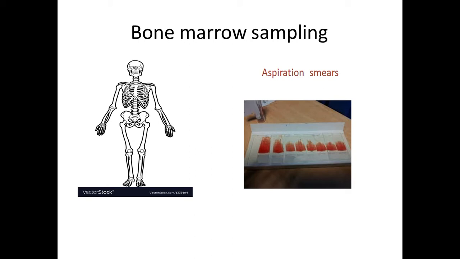That is, microcytic is the RBC size is smaller. Macrocyte RBC size is larger than normal, and normocytic is RBC size is normal. So you have microcytic hypochromic anemia in which RBCs are small, macrocytic anemia in which RBC size is larger, and normocytic anemia in which RBC size is normal.